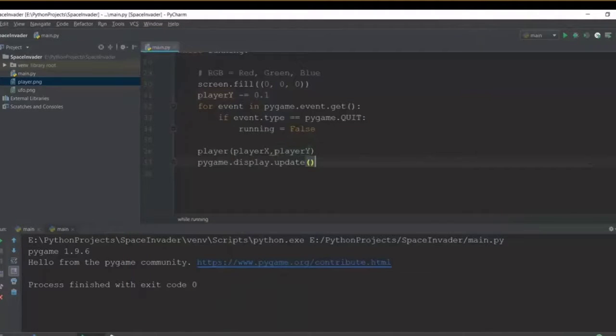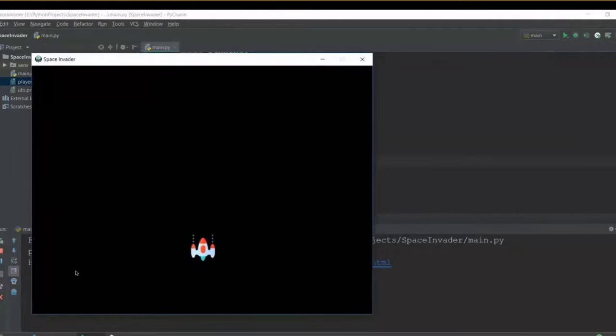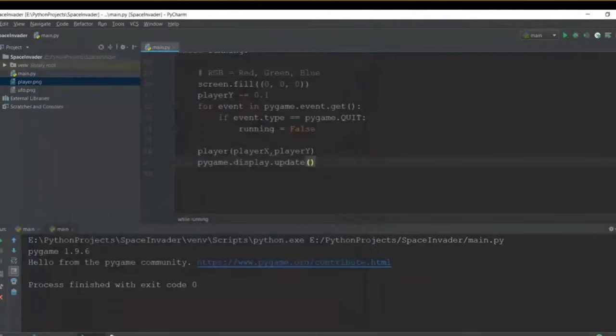So right now you can see there are some fallacies with this system. Right now we can't control where this is going, and you'll be able to see that it just goes outside the screen. So we need to do a couple of things. First, we need to make sure that we can control this movement of the spaceship in the left and the right hand direction using our arrow keys on the keyboard. And the second thing we need to do is add a boundary so that the spaceship doesn't go beyond our game window. Right now it's just disappearing by going outside the game window.